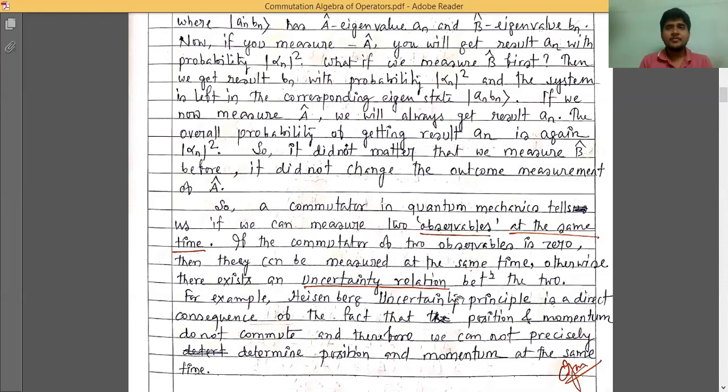This is what we can see in the Heisenberg uncertainty principle in the position-momentum aspect, or in the energy-time aspect, or in the angular momentum and angle aspect. In all three examples, we cannot measure precisely and simultaneously. That means we cannot measure at the very same time position and momentum together, or energy and time together, or angular momentum and angle together. You have to calculate any one of these two first and then the second. But if we try to measure this, there will be some discrepancy in our result.